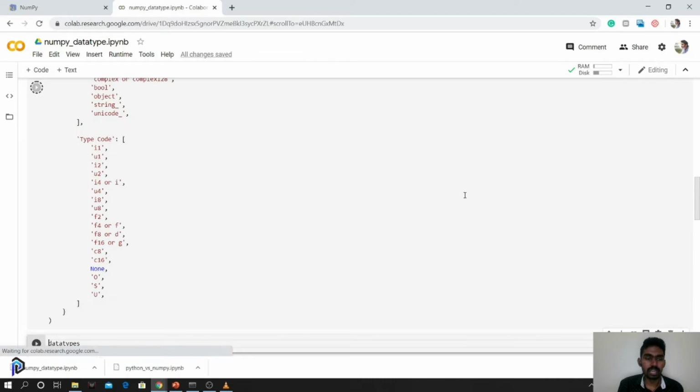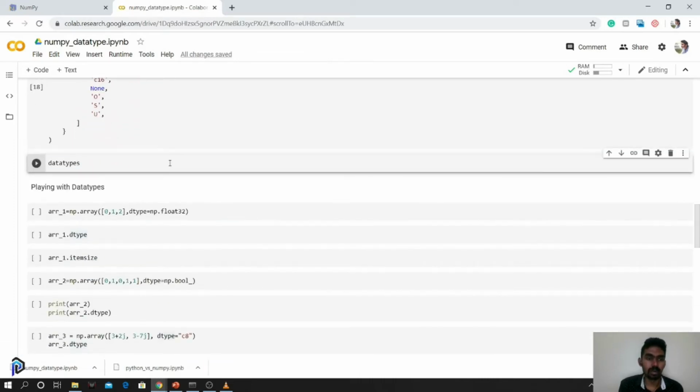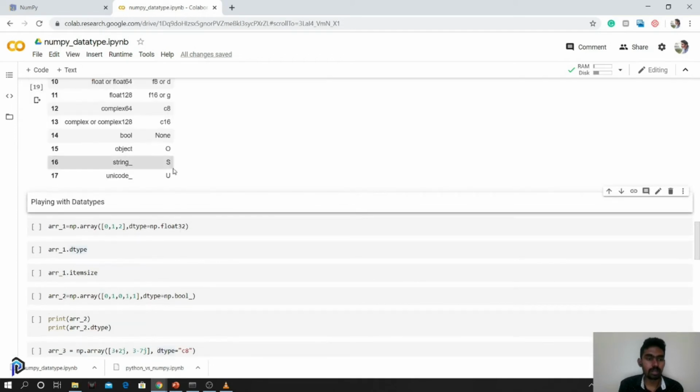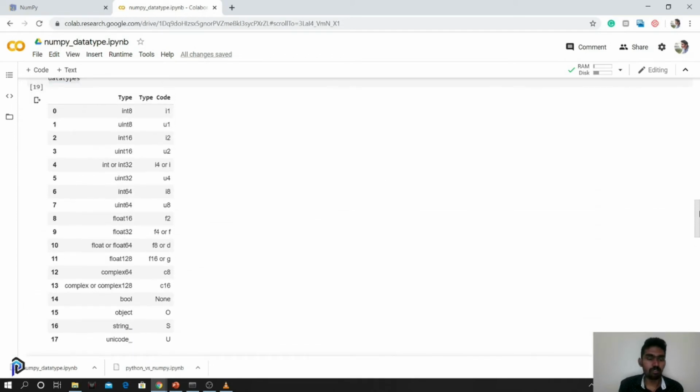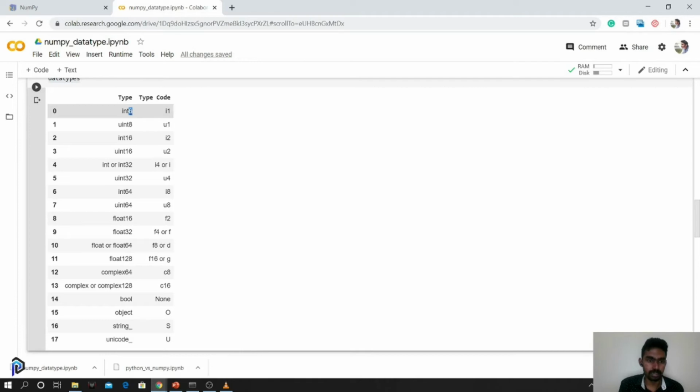I have created a pandas DataFrame to actually view it in a better way. Let's look into it. These are the various data types that are available in a NumPy array. The int or the float determines the type of data, and the number that follows it shows the size of the particular data type. So int8 represents the number of bits, and int64 represents an integer with 64 bits.